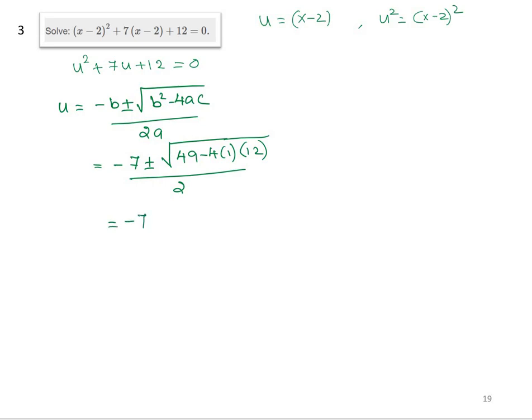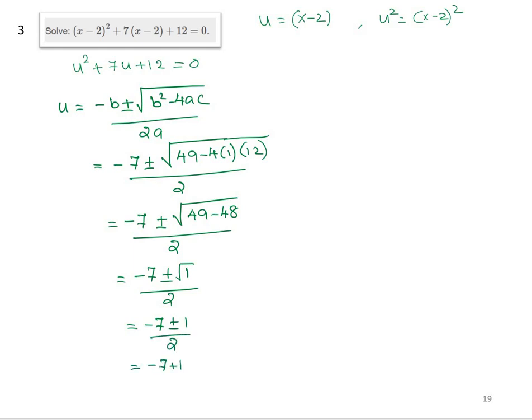Okay, so negative 7 plus or minus square root of 49 minus 4 times 12 is 48, divided by 2. Negative 7 plus or minus square root of 49 minus 48 is 1. So square root of 1 over 2, that is negative 7 plus or minus 1 over 2,